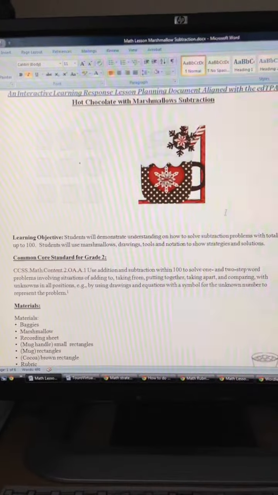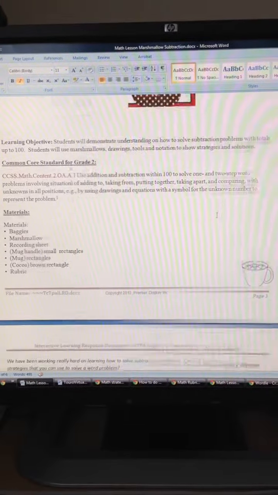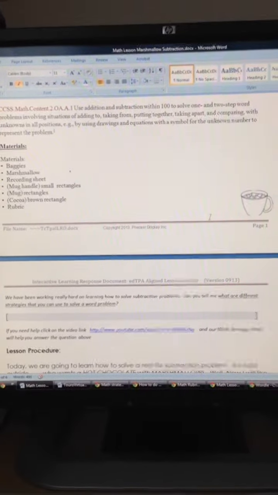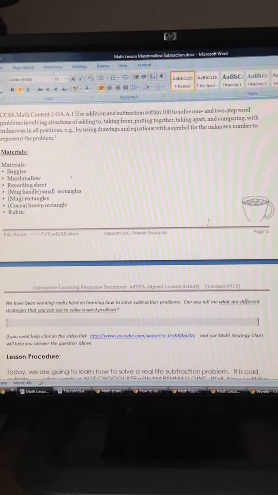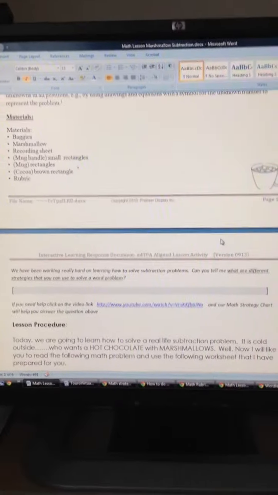The Common Core standards for grade 2 are listed, as well as the materials that we'll be implementing in this lesson. The students will be asked to solve a subtraction problem. The students will have to come up with different strategies that they can solve this math problem. In order to do that, the students will be given